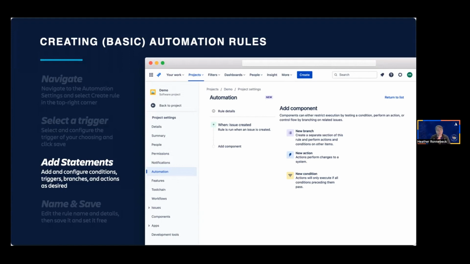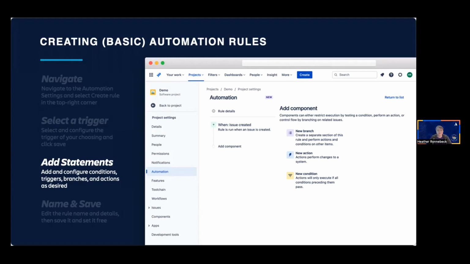The other component type is actions. So actions are the actual changes to the system and the tickets. There are several actions in this section. We're not going to do a full deep dive into this area, but this is where you're going to find things like updating a ticket, creating a pull request, changing the request type, assigning the ticket, creating a web request, basically the whole 9 yards and the kitchen sink.